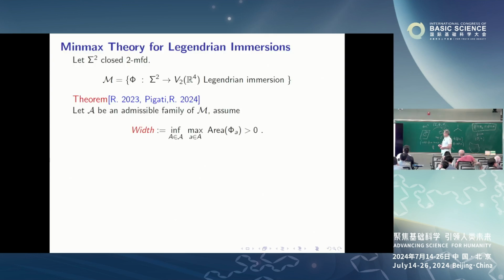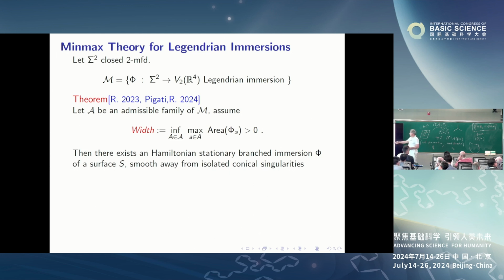So if you take a min-max family, no, we are looking not at minimizers, but min-max, where the width is strictly positive. No, we are looking at Legendrian immersions. So we are going up, so there are good reasons for that, which are made clear in the paper of Sean and Wolfson, is that there is no monotonicity formula downstairs, there is one upstairs at the Legendrian level. So if you look at the min-max operation, which is non-trivial,